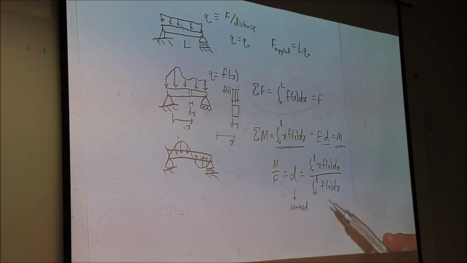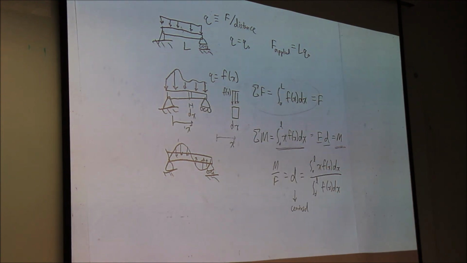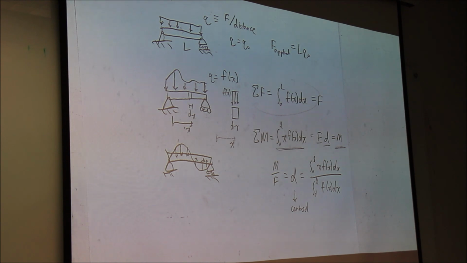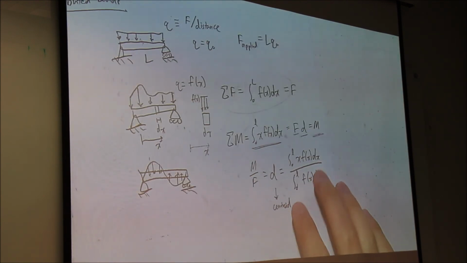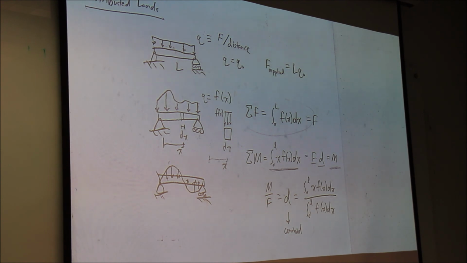Now you can see how for any given arbitrary distribution, we can figure out how the distributed load is going to force on our beam and where it will force. We probably don't have time to do examples, but don't worry, this is usually not relevant unless it's like this case. Generally, if you have a distributed mass, like I have my own mass, I approximate a rectangular beam, so generally I would only have to worry about this case, which is pretty simple. It doesn't generally require this calculus, but I thought it'd be cool to show you guys anyways.